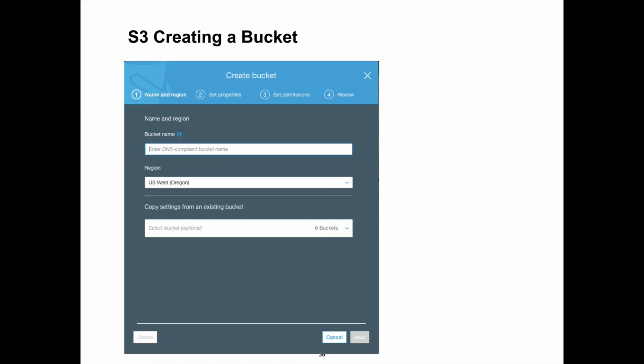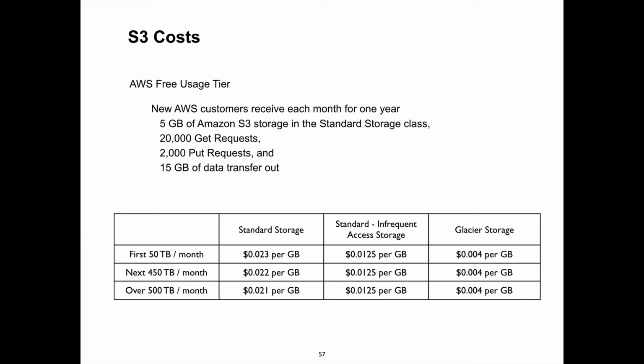And when you create a bucket, you enter the name and what region you want, and you can set various access parameters. Again, these costs are several years old now, but it's fairly cheap to store stuff. 2 cents per gigabyte.